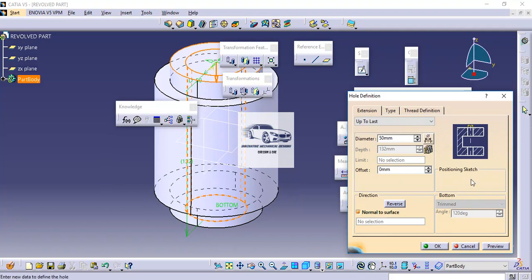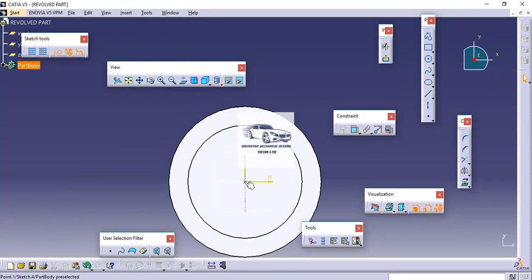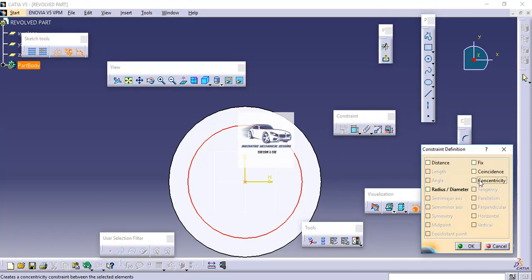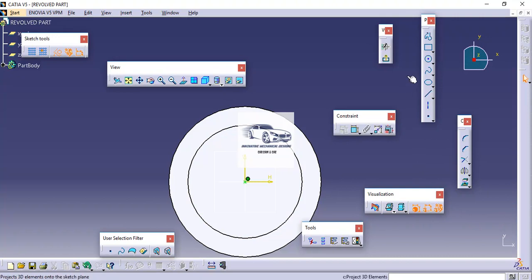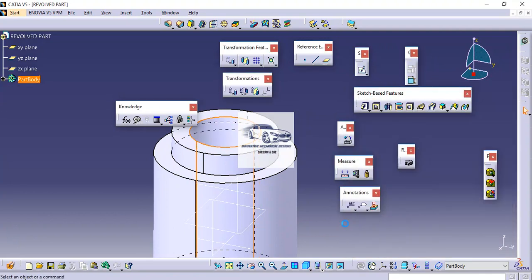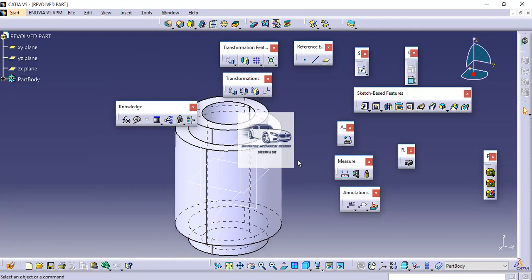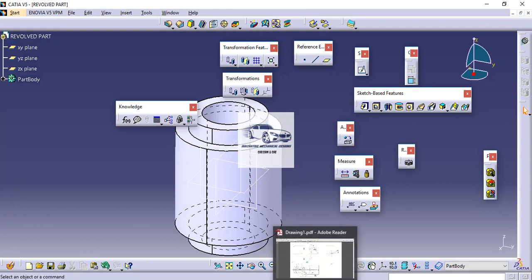Now in order to place it in the center, I will go to positioning sketch. And here we can see the center of the hole is marked by a point. So I will select this point, and then by pressing the control selection, I will select the outer circular edge, and here I will apply the condition of concentricity. So this is sufficient to place it in the center. Then exit, and then OK. So what is the benefit of using the hole tool as compared to pocket? Here we don't have to create a sketch and we directly get a cutout.